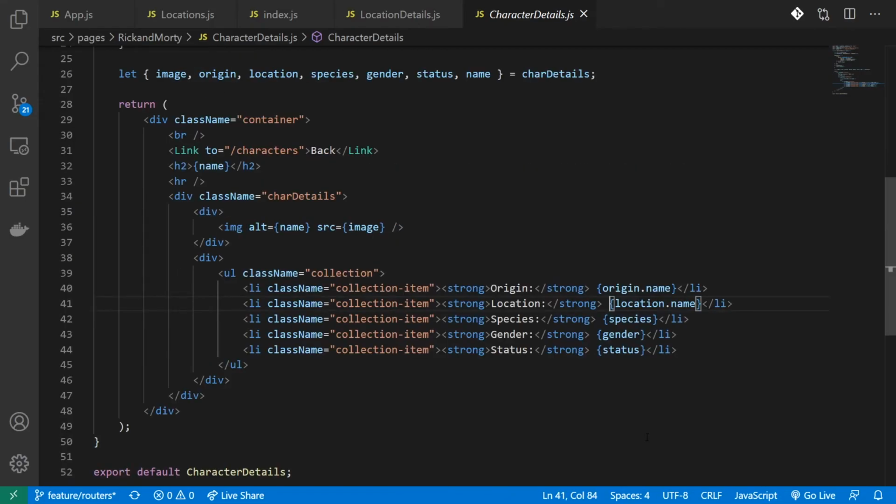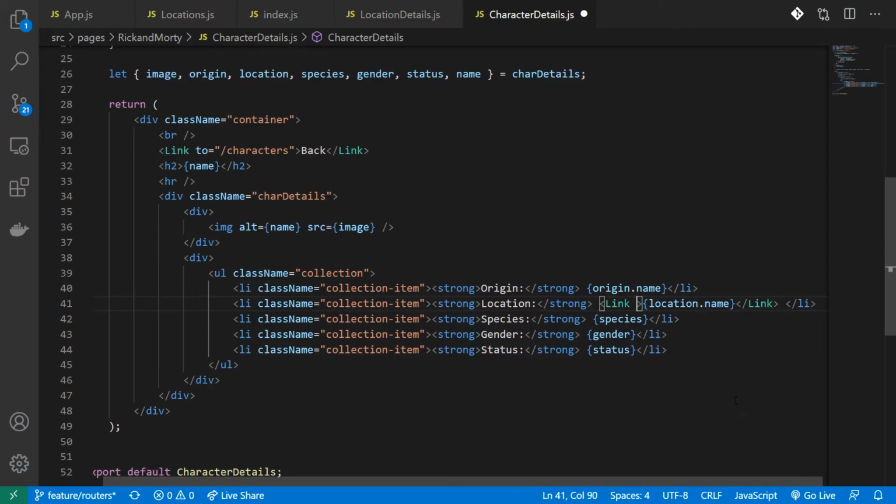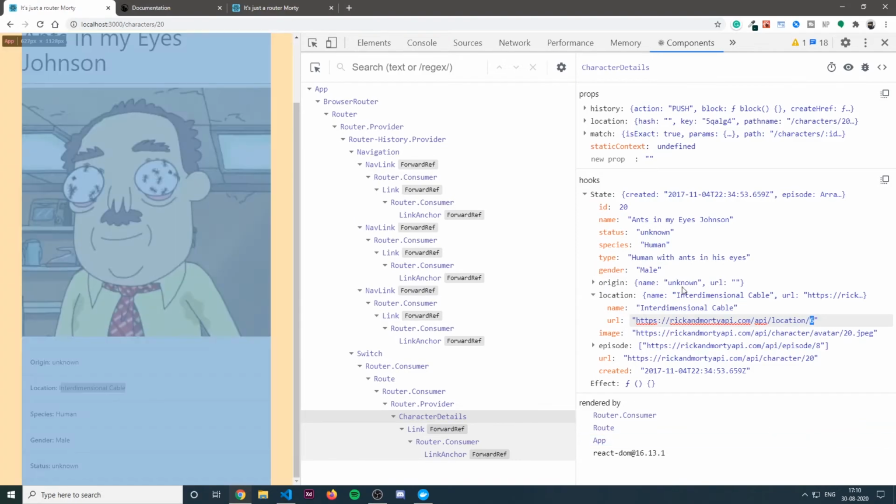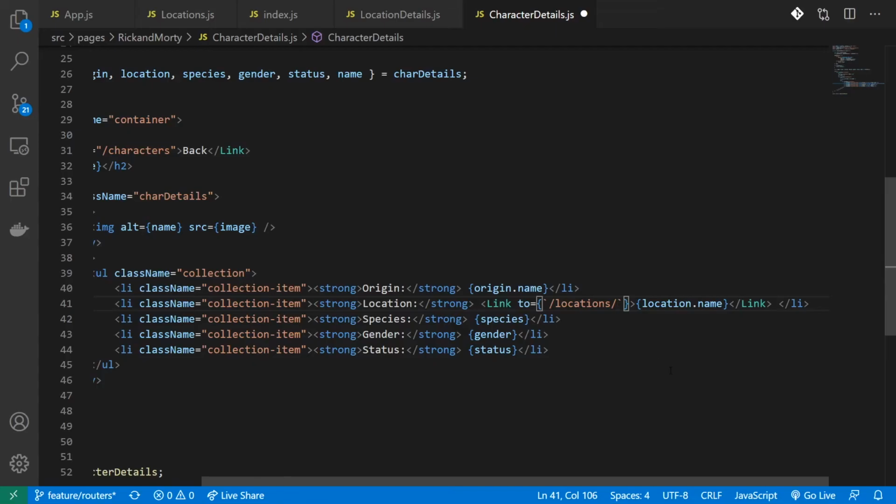So I'll create a link, copy this location.name inside my route changer, and for my to attribute, I'll give /locations, and remember this has to be the ID. I'll have to grab it from this URL. To do that, I'll access location's URL, and I'm going to split this with a slash.